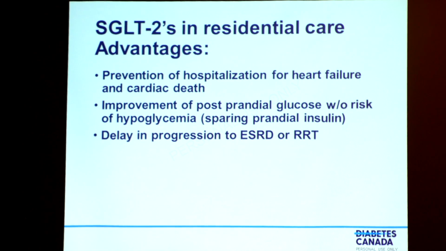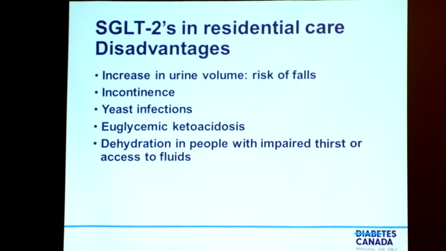The SGLT2s, there are some potential advantages of using them in patients who are in residential care. That is prevention of hospitalization for heart failure or cardiac death, improvement of postprandial glucose without risk of hypoglycemia, and the delay in renal progression loss. However, disadvantages are very significant. These agents increase urine volume, so you have to be concerned about both the frequency of urination and the frequency with which the patient might have to get up to void, increasing the risk of incontinence. There is certainly a very clear risk of yeast infections, and